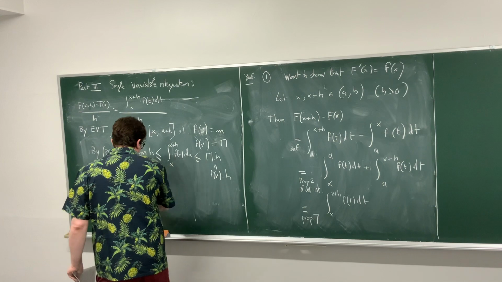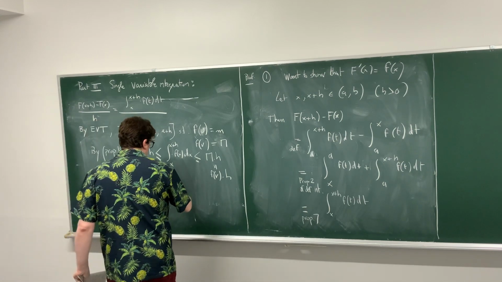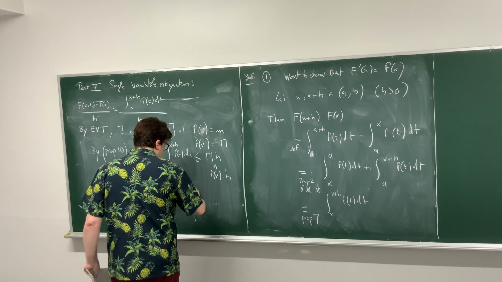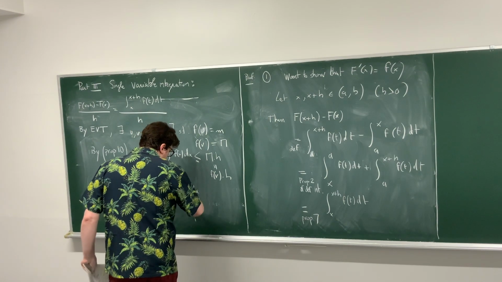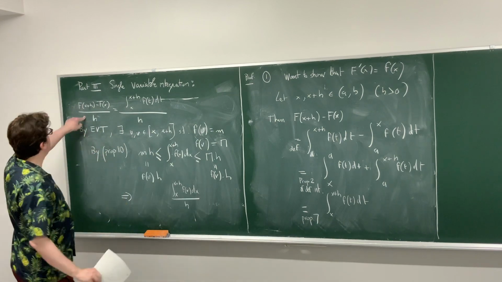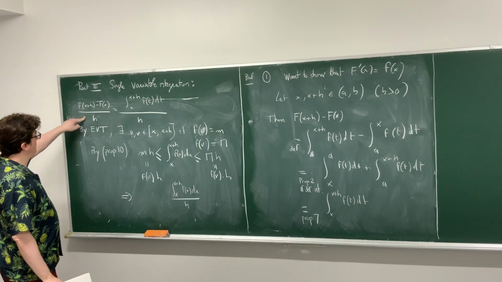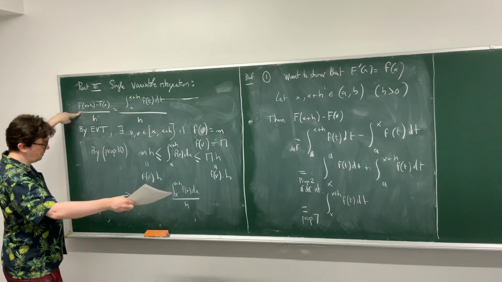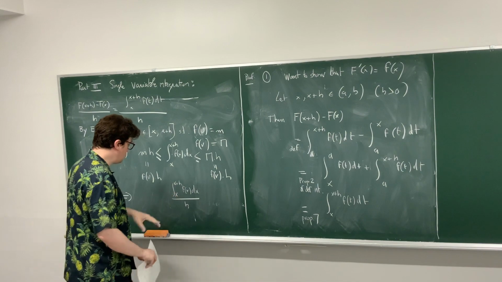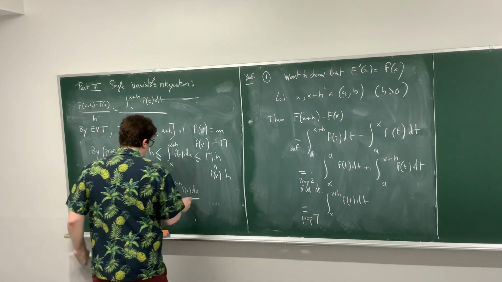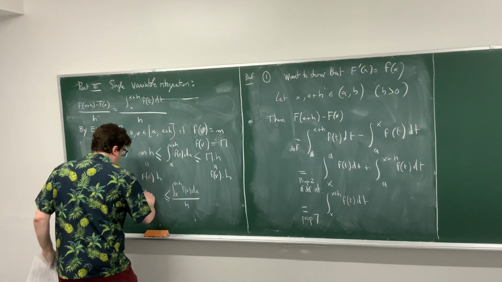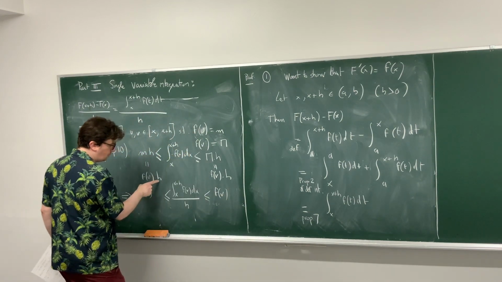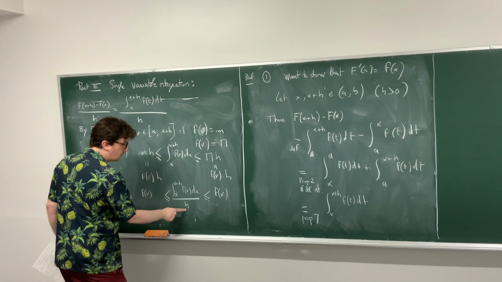Now I'm going to deduce that if I take the integral from x to x plus h and divide by h, okay? And this will give, when h goes to 0, by definition, f prime of x, okay? So I calculate this. This will be between what? Between f of u and f of v, because I can cancel out this h with this h, okay?